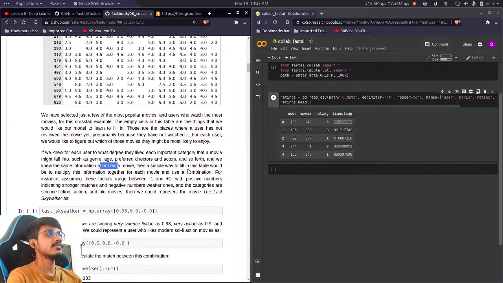A simple way to fill in this table would be to multiply this information together for each movie and use a combination. For instance, assuming these factors range from -1 to +1, with positive numbers indicating stronger matches and negative numbers weaker ones, and the categories are science fiction, action and old movies, we could represent the movie Last Skywalker as